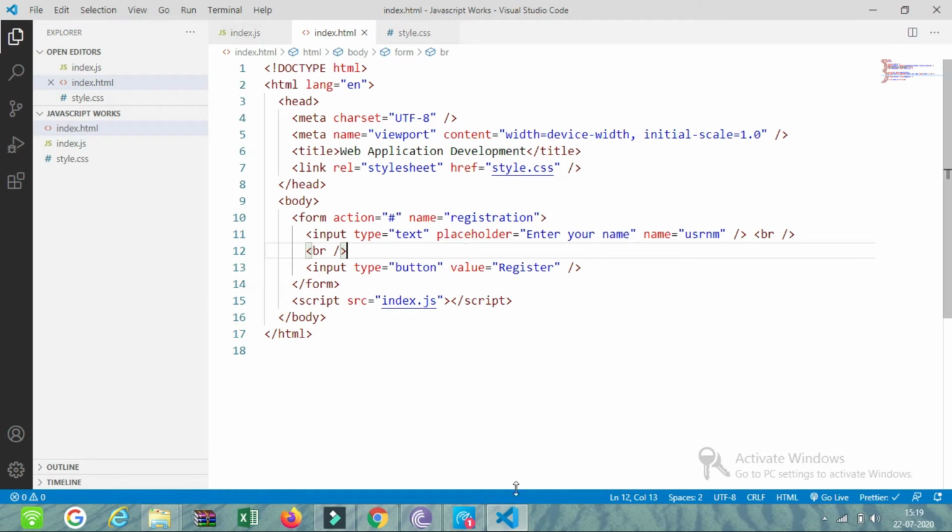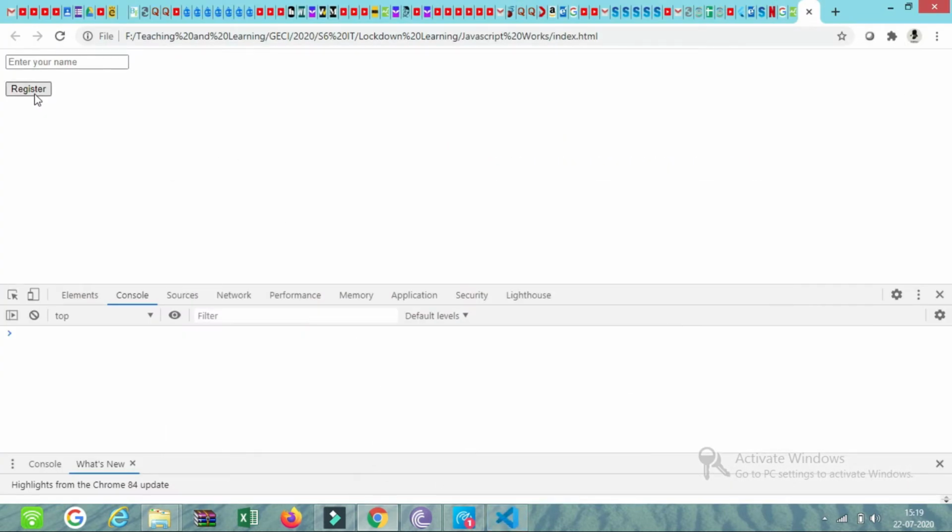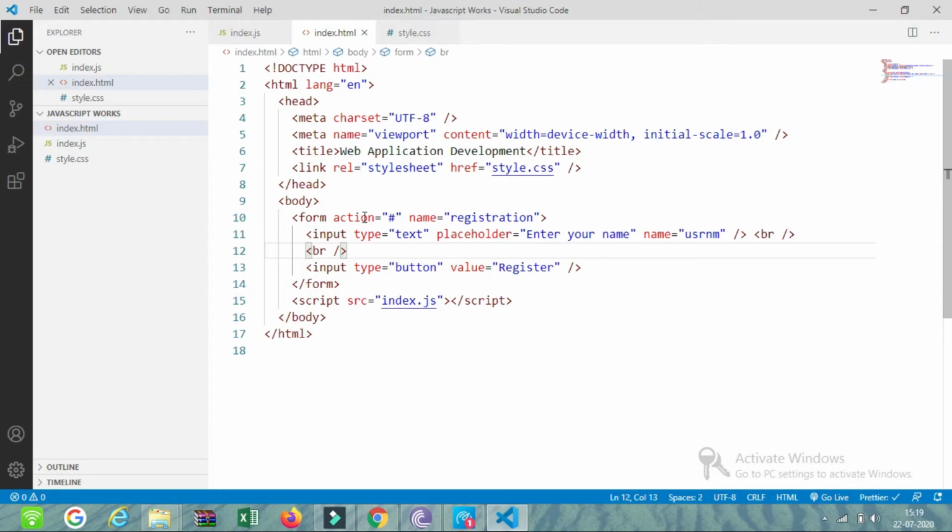The first thing we want to do is type a text and press register. Then we have to display whatever we typed here in the console. Then we will get an understanding of how to access elements in the form. For that purpose, we first need to access this form through JavaScript, and within that form, using this name, we can access this element. We also need to give this button a name. I'll give the name register.